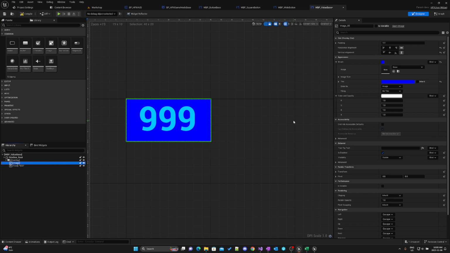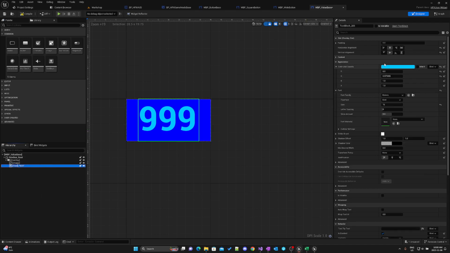Our image, which right now is just a tint. We're drawing it as an image, that's fine. We're filling it, we have no padding, so I think that's fine. Our text value, we've centered, and it's got no padding, and we've given it a color, and we set a font size, and that looks fine. Compile and save that. Now what we want in our graph